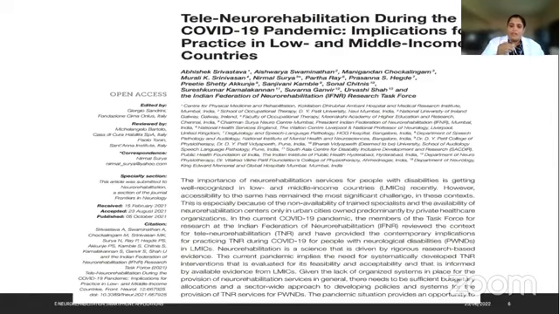If there is a stroke patient and you give instructions to the patient, will your patient perform exactly the way you are saying? How will you correct? The patient is taking the hand into a synergy pattern. How will you correct that? So it is very difficult, and sometimes in neurological cases, the caregivers or the family members also do not understand the instruction given by the therapist, and that has led to some untoward incidents also. So at present, still the feasibility and acceptability of the technological advancement in neuro rehabilitation services are in question.